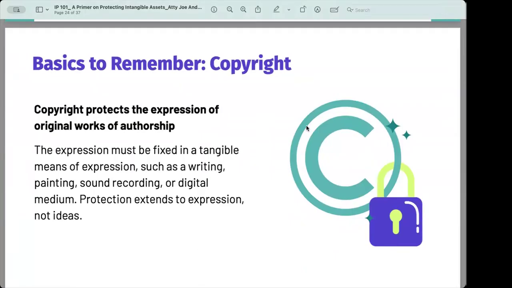And it has to be put in some tangible means of expression: written down, painted, recorded on a sound recording. Digitally, we can make lots of things fixed in a tangible means of expression now that we once didn't. But yes, the idea becomes a copyright when you actually fix it in a tangible means of